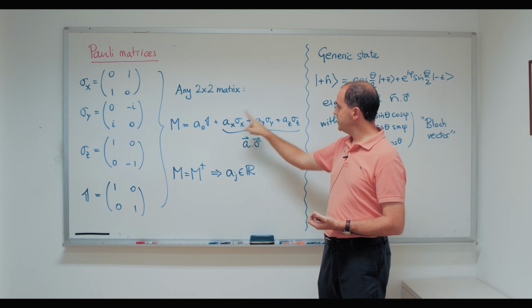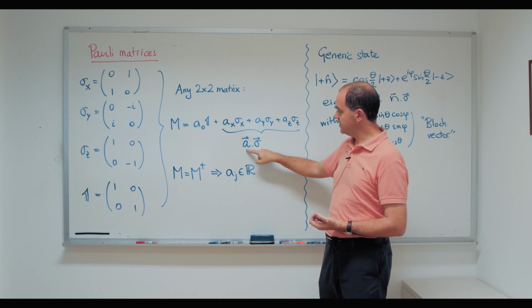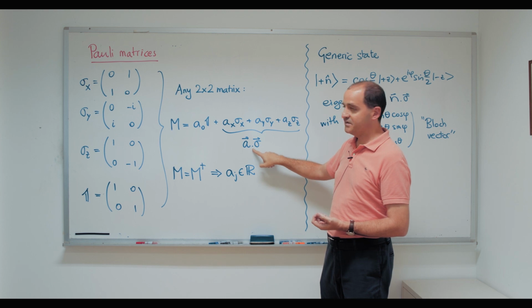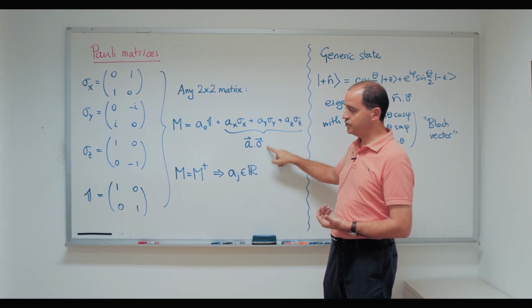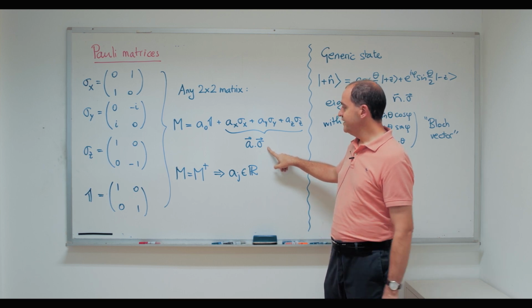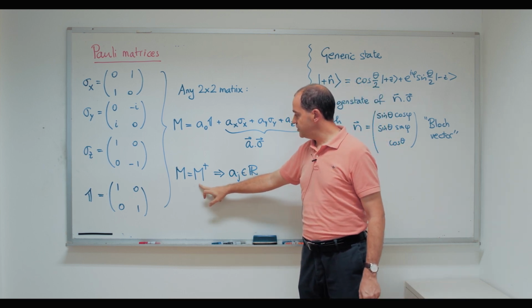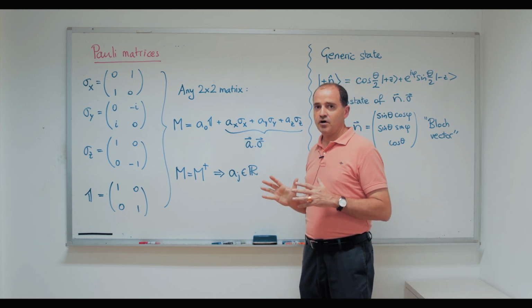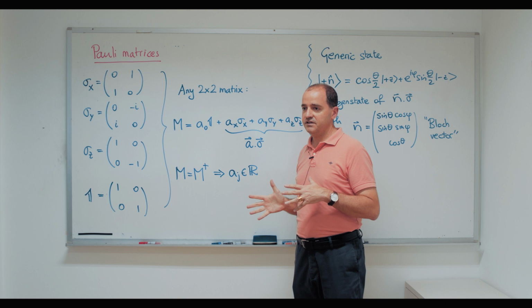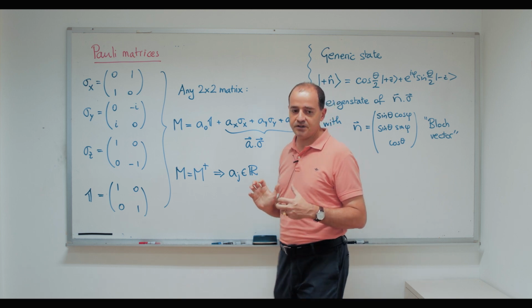And this object here is traditionally denoted as a vector formal scalar product with a vector of matrices. This is just a notation, and don't be scared by that. In particular, if the matrix is Hermitian, then all these coefficients are real. Now, let me make a connection between these and the vectors that is very important for this chapter, which is